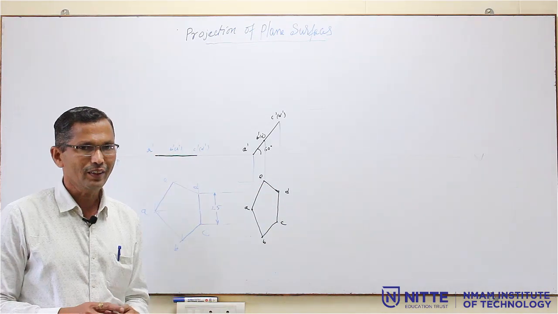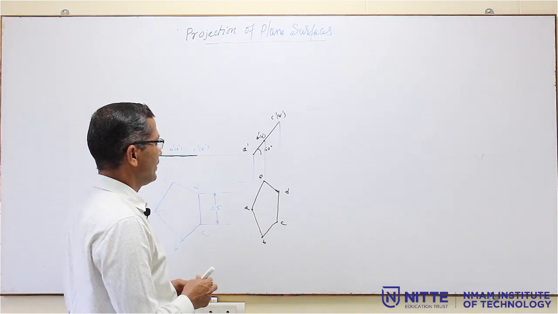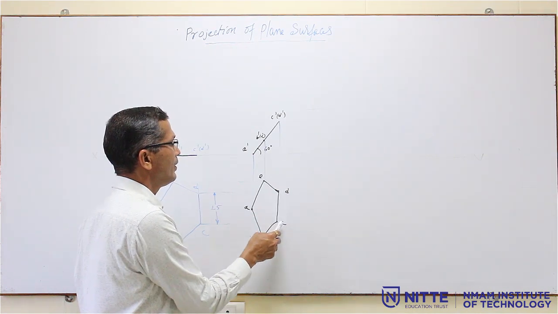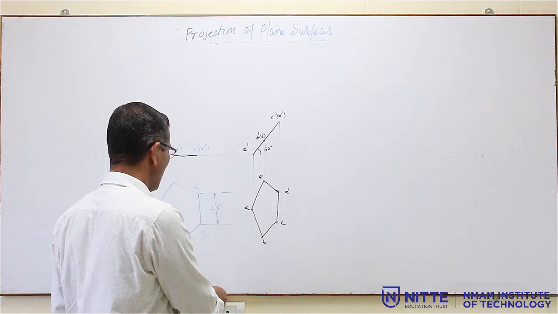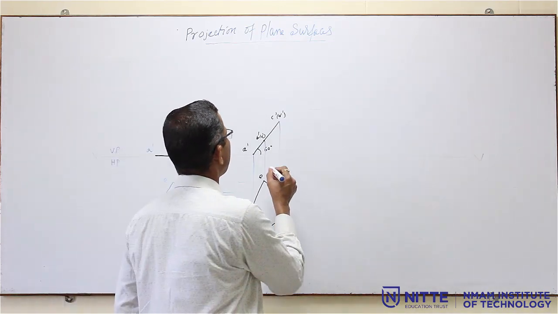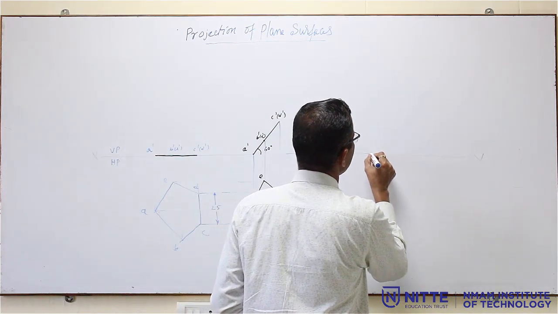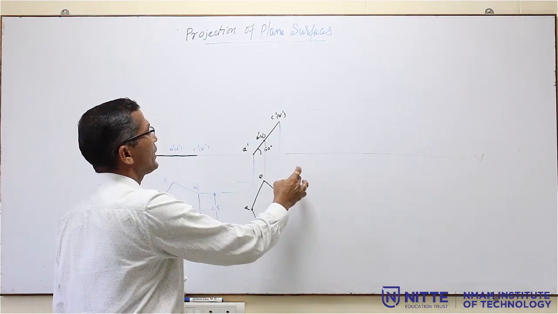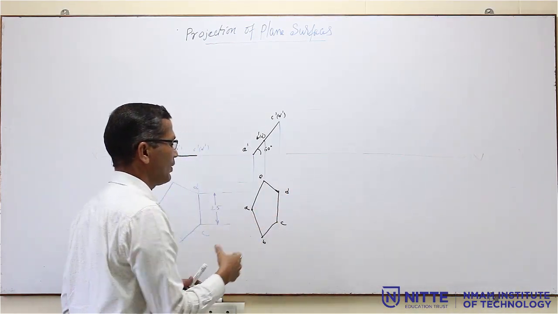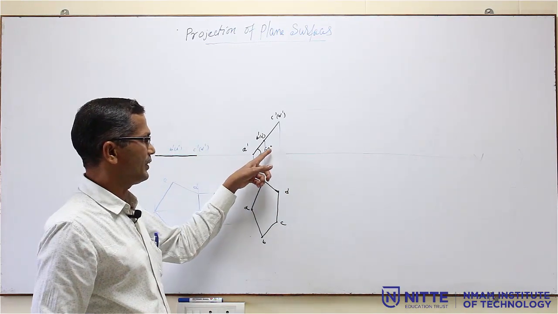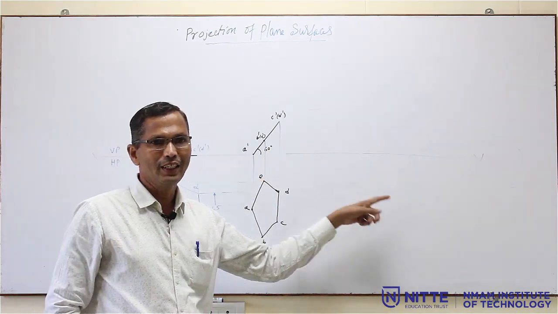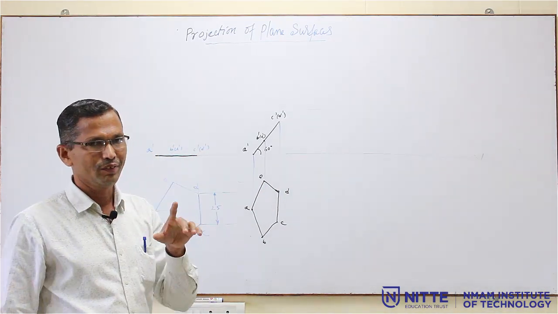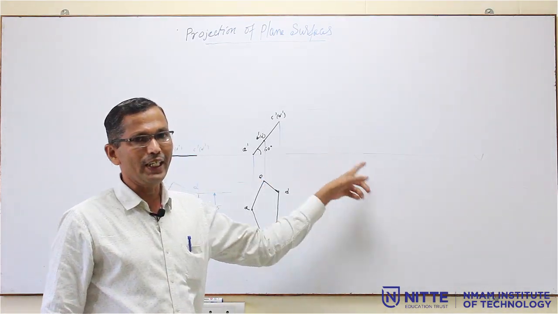What is the other condition? The opposite edge, if A is touching HP, then CD has to touch the VP. That means VP means this is the XY line. So, what you have to do is, do not give one more angle of 30 degree. Most of the students, what they will do is, after giving this 60 degree, they will draw a 30 degree line. Then, because this is not 30 degree, it is a surface inclination only. If you give here, it becomes the line inclination.